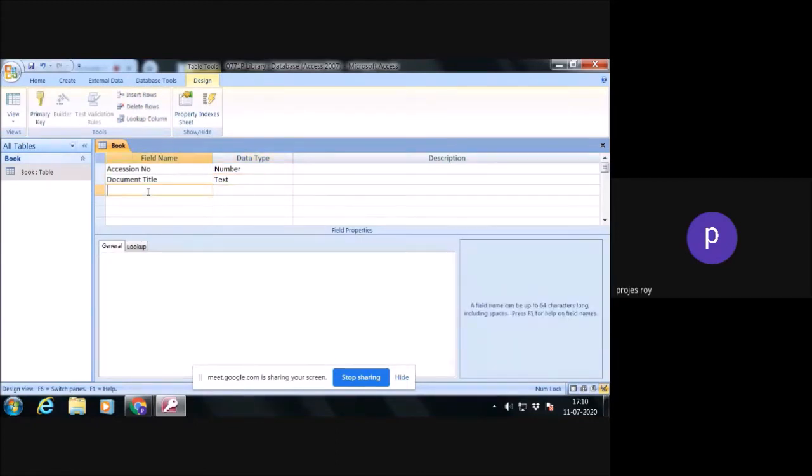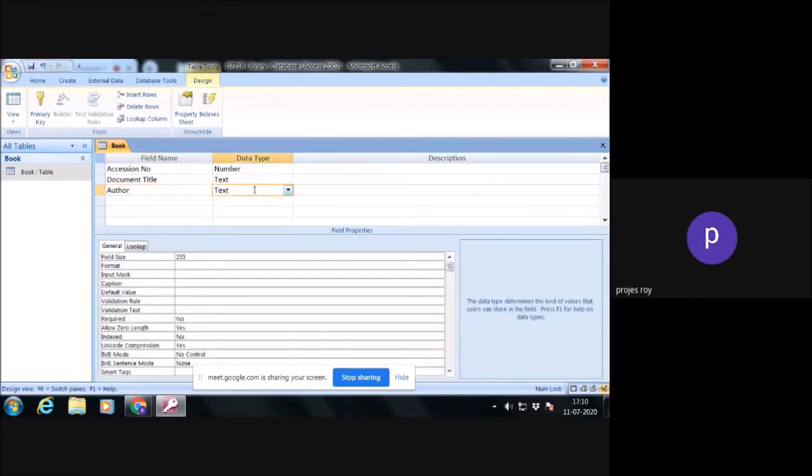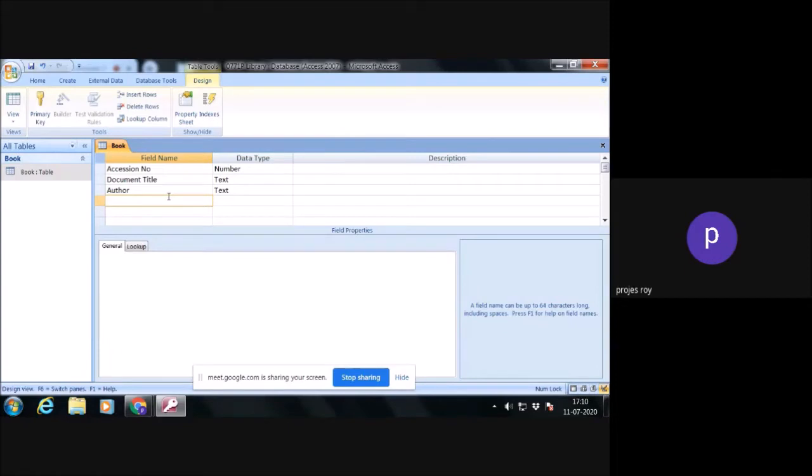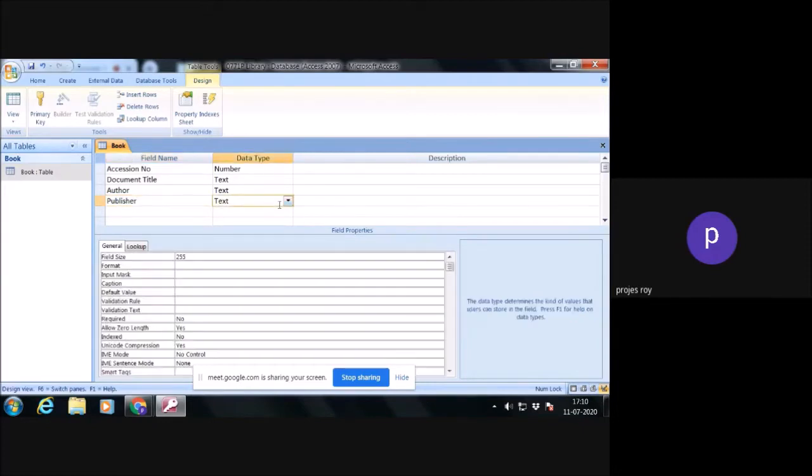Then author. Here you take text, and 60 will be fine, 60 characters. Then it will come the publisher. In publisher, 100 will be fine.